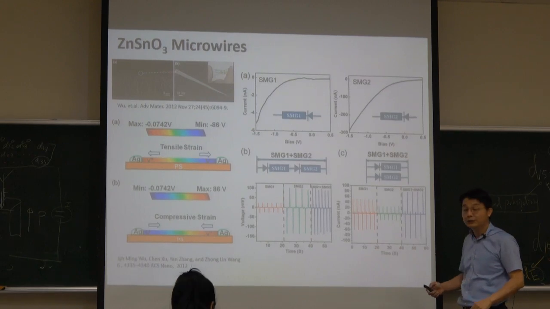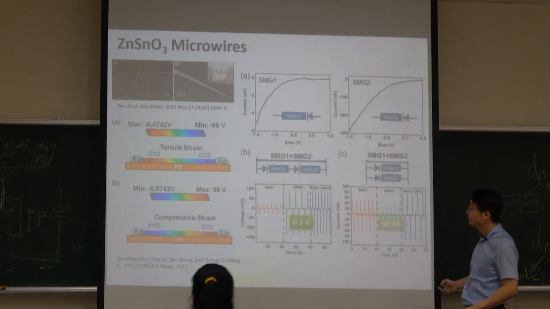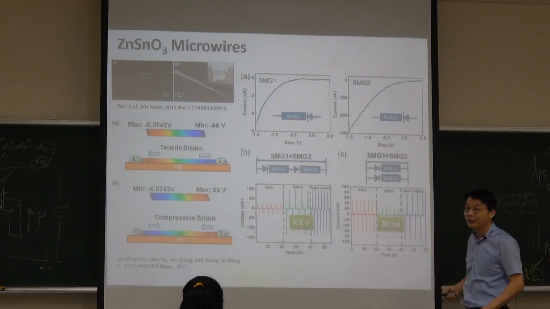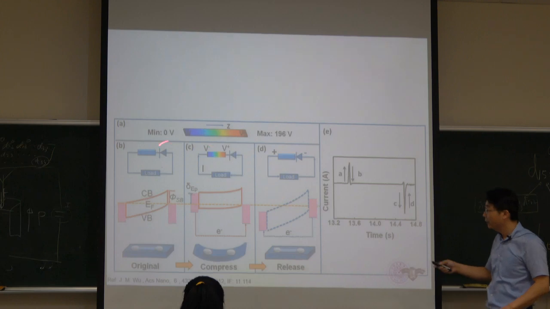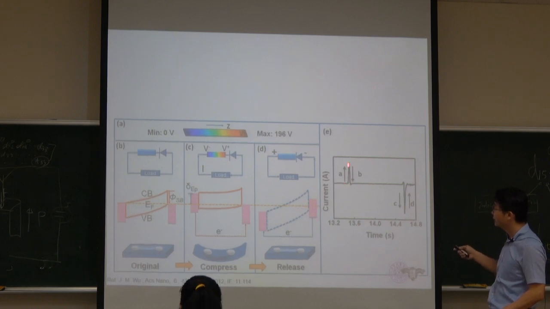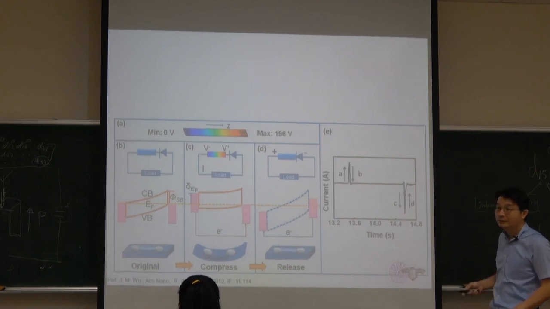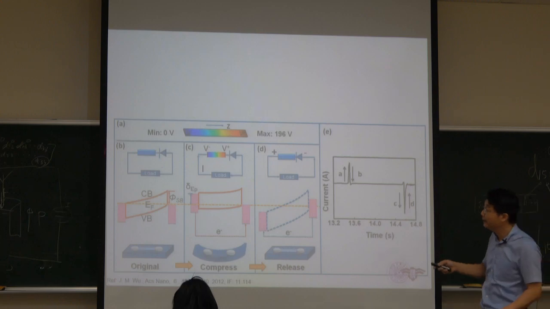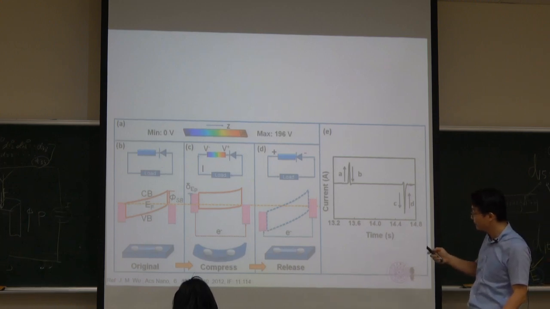Okay, now I wanted to introduce this, which is almost 0.1 volt and 50 nanoamp. Let's look at how this mechanism works. Current is generated, the current is generated to the AC signal. So if we look at this diagram,